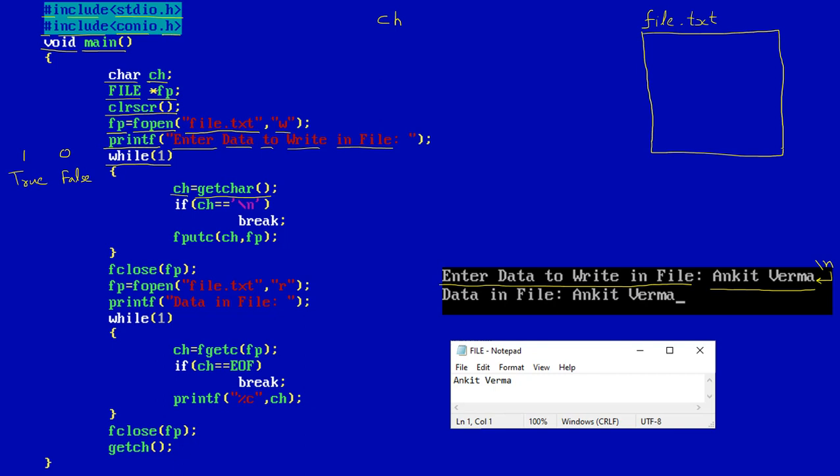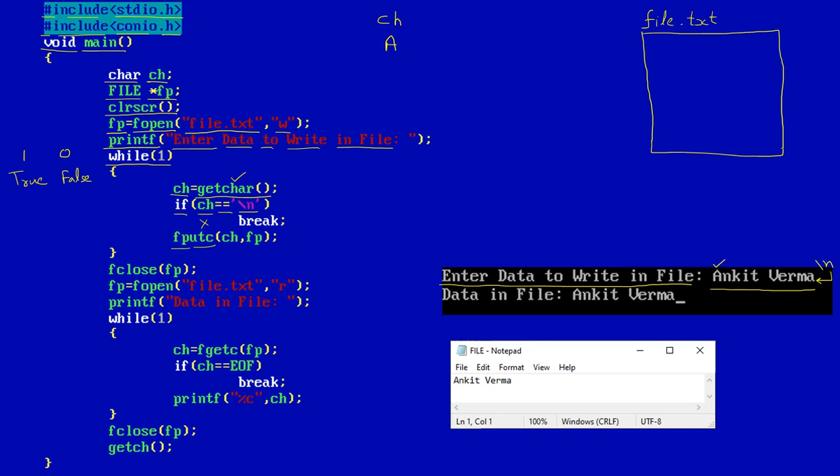Although we are giving the complete input together, the program will read it one by one because we are using the get character function. It will read one by one. So the first character, which is A, is taken and stored in ch. So A is stored there. Afterward it will check if character is equal to \n. Is the character a \n? No, it is not an enter. It will not go to the break. Break will not run. It will come down.